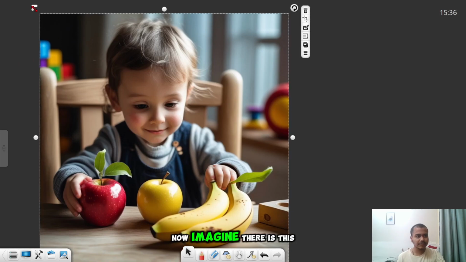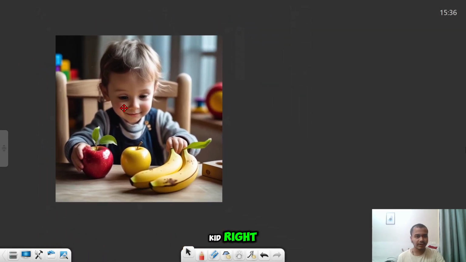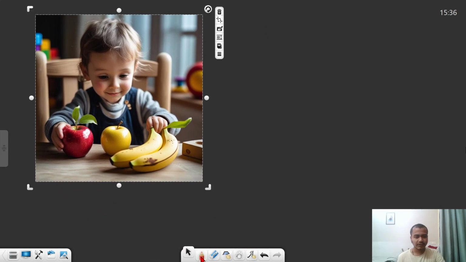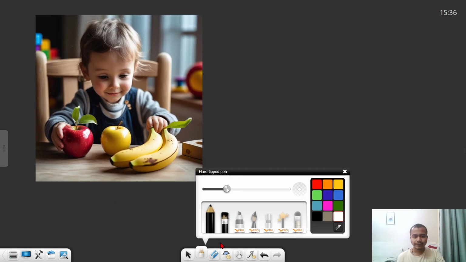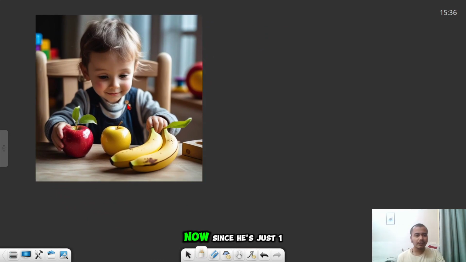Now, imagine there is this kid. Since he's just 1 or 1.5 years old, he really doesn't know how to differentiate between an apple and a banana. But as adults, what do we do?